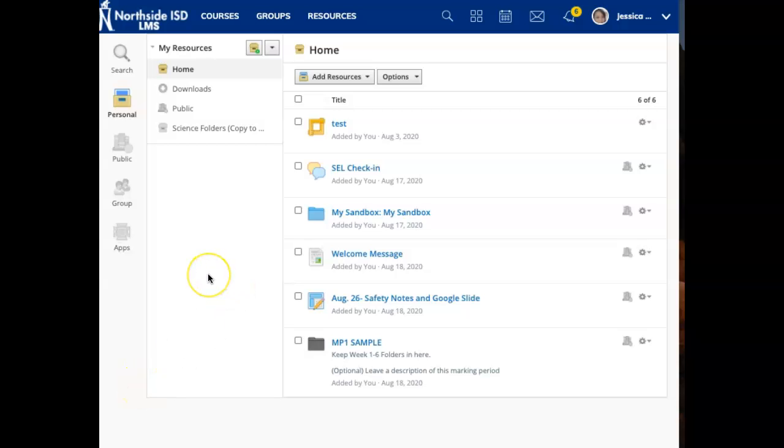Hello everyone. Today I'm going to show you how to use the resources feature to create a folder that your PLC can use or your Colab team can use. So I'm going to go ahead and start in resources,